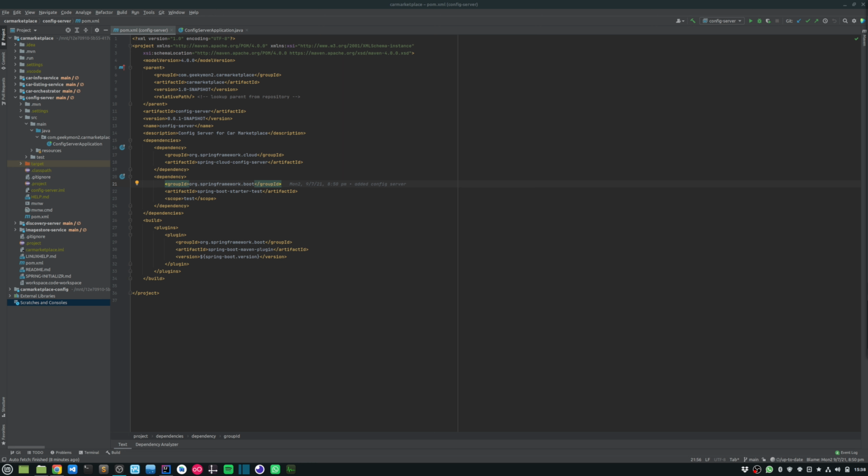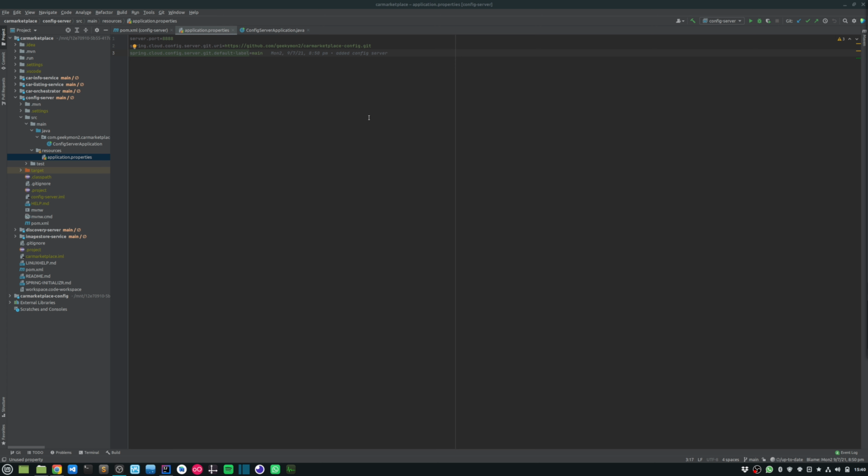The Spring Cloud config server can use Git, SVN, or HashiCorp Vault as the source of the configuration. Git being the most popular, we're going to set up our config server to use Git as our config source. I am in the application.properties config file within my config server Spring Boot project.